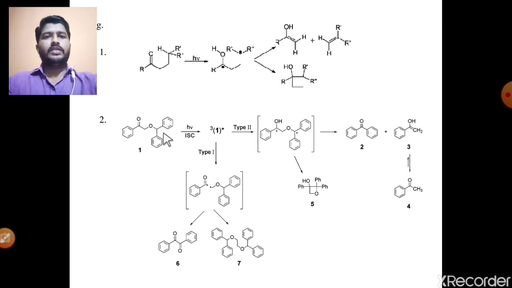There is one hydrogen; by abstraction of this H radical, this O is converted into OH, and there is a formation of these two radicals, a C radical and a C radical. The second step is the cleavage of the beta bond. After cleavage of the beta bond, it gives the enol molecule, and the enol on tautomerization finally gives the carbonyl compound. The next possibility, the combination of these two radicals, gives this 4-membered ring. These are the simple Norrish type second reaction, and these are the Norrish type first reaction.